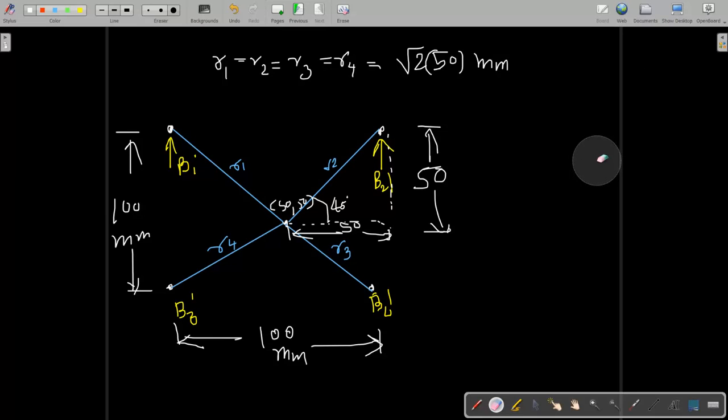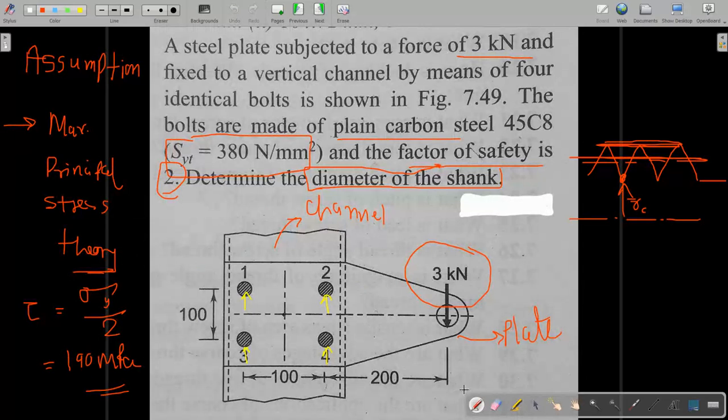Next, find out the direction of the secondary force. As you can see here in the figure, the force will tend to move this plate on this side. So the bolt will try to resist, and it will turn like this. Suppose this is the initial position, it is going to turn like this. So the opposite force will act in this direction. Here again, this is initially like this, and the force will oppose this at some angle theta.